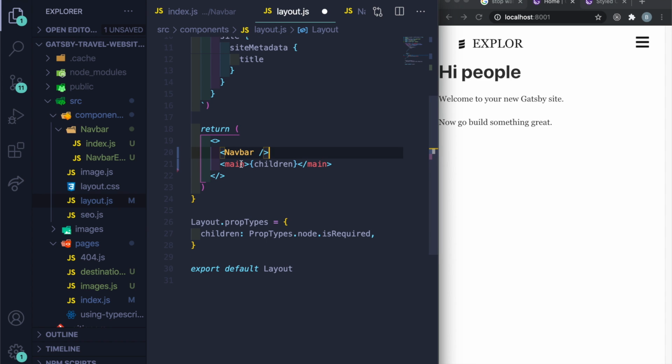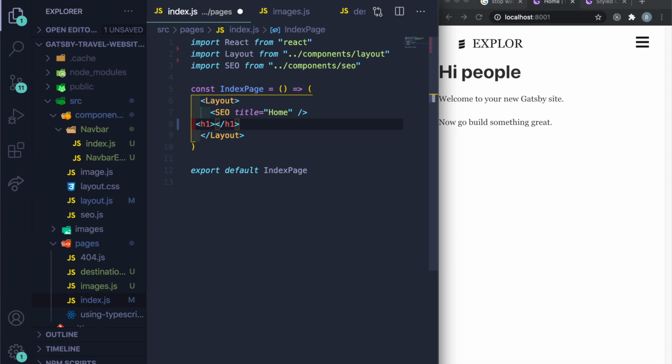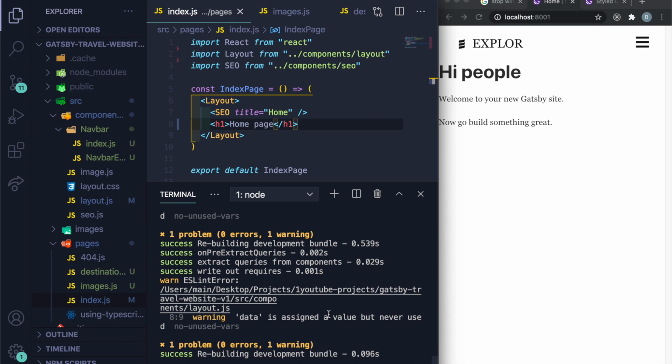I guess it's because I have the children on the index, because we're on the index right now. So let's get rid of this stuff here. Let's just put h1 homepage. You can see what's going on. And it should not say